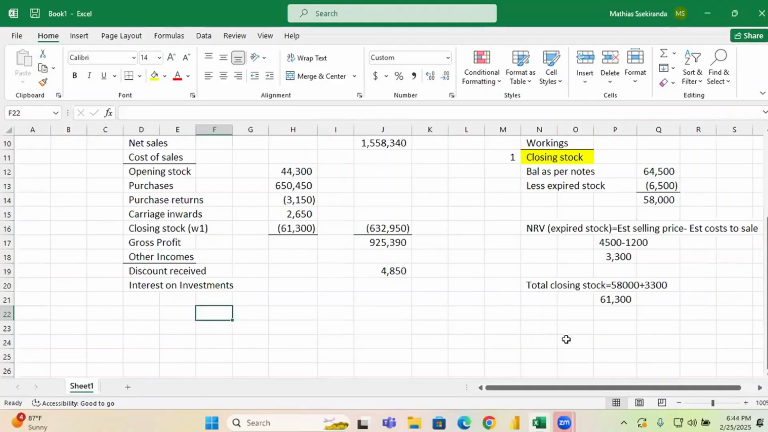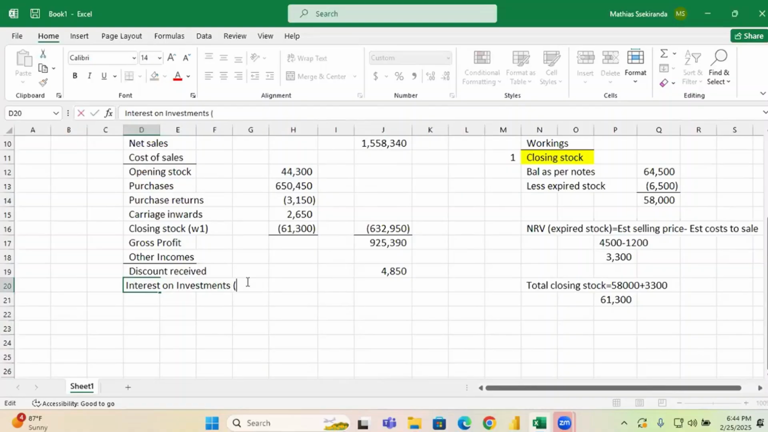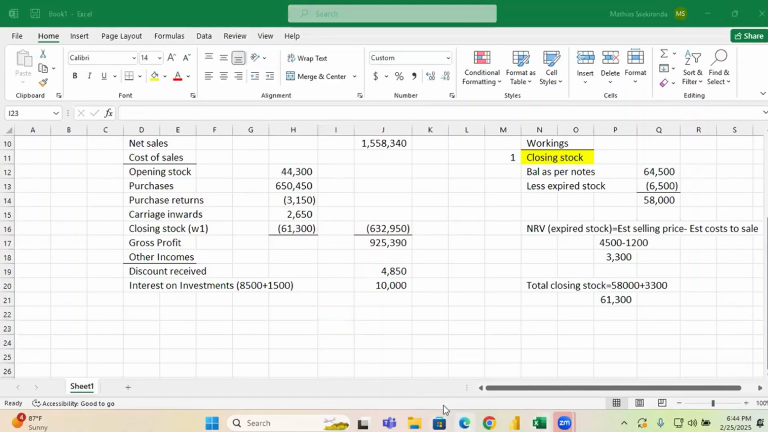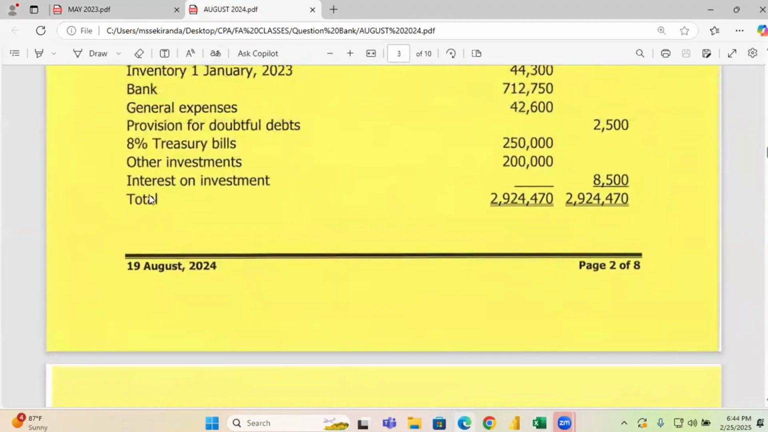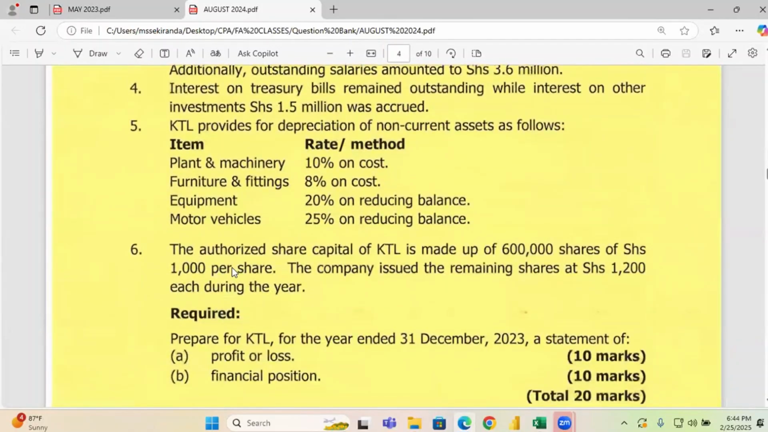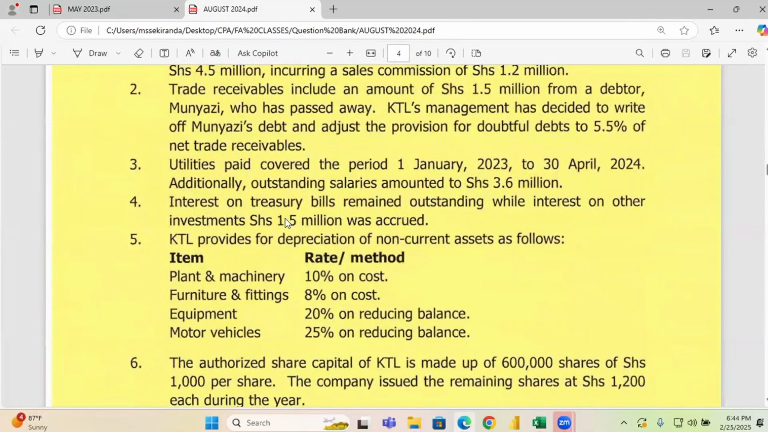And what do we do with accrued incomes? You debit the asset. In this case, we shall recognize an asset called accrued investment income, 1.5, and credit interest on investments. So we shall come and get 8.5, which was given in the trial balance, plus the 1.5 in note number 4. So you get the 1.5 that was given. This was already recognized before year end, but they're telling you in the additional information that there is another 1.5 that was still